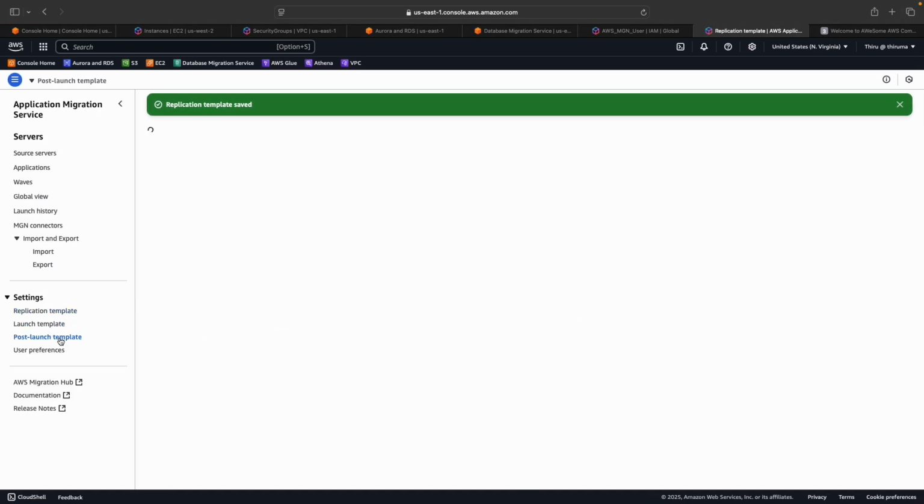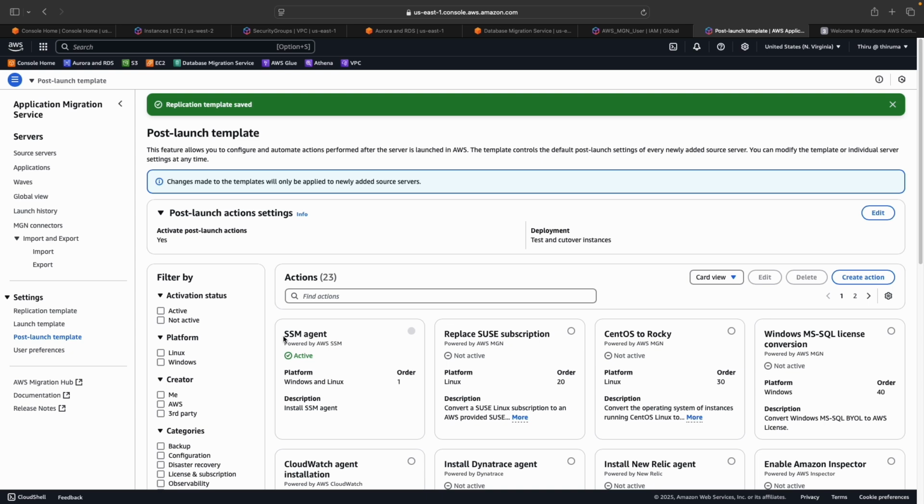And for the post launch template section, I have enabled SSM agent installation, nothing else. I'm not doing any post launch template configuration. And we need to install the agent now. So to install the agent,